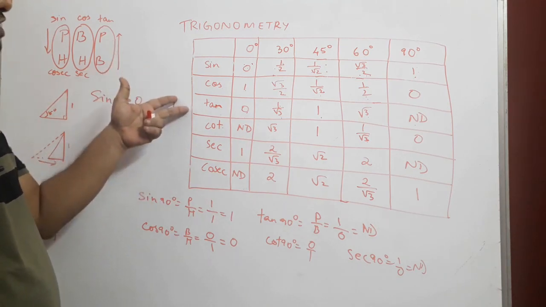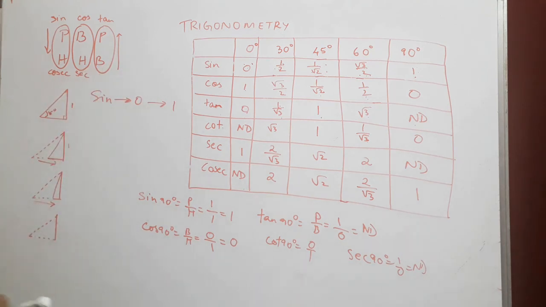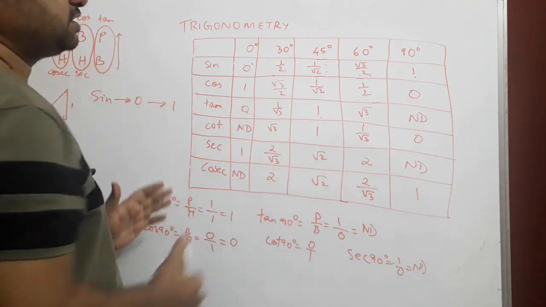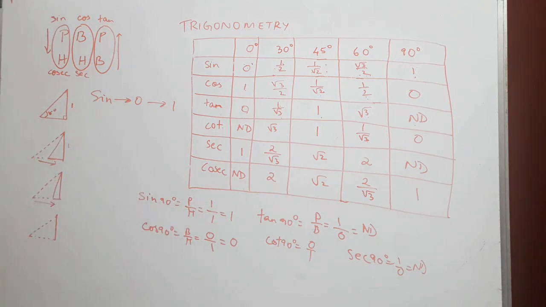Once we have found sine, cos and tan, cot, sec and cosec are just the reciprocals of the first three, and in this way we can wrap up the entire table and remember them. So it is about finding the relationship between different angles and different trigonometric ratios. If we can find their relationships by simple mathematics, then we do not have to memorize the number of formulas we have learned so far and the number of values in this table.